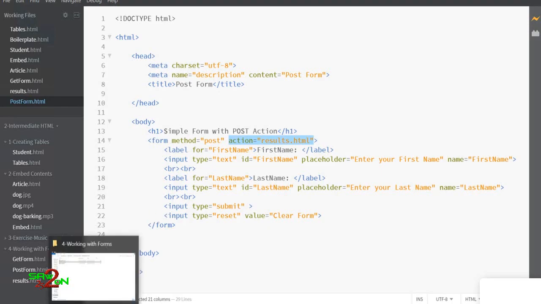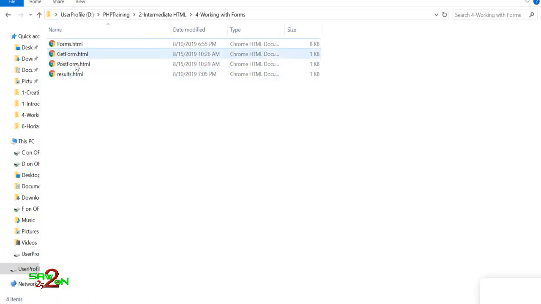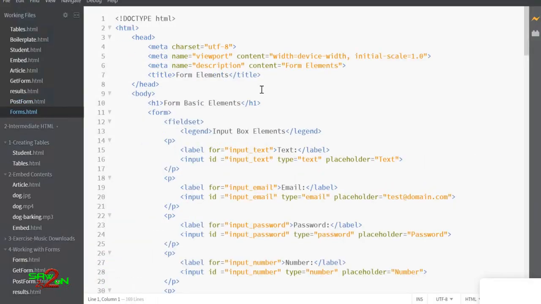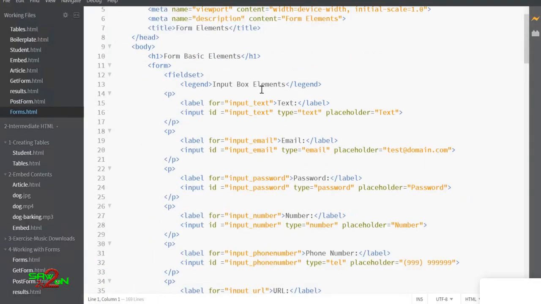Let's quickly look at the form elements now. I've copy pasted this form file. Let's open this up and review what form fields are available. Everything you define should be defined under a form. Then there's something called a fieldset where you can group the fields.